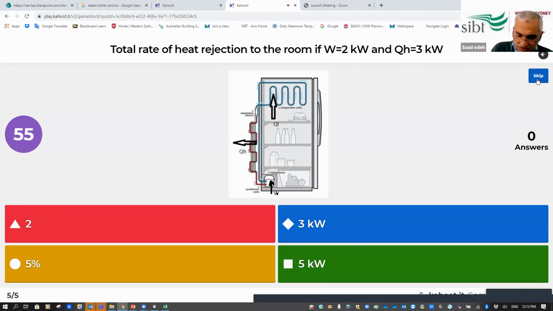So heat rejection to the room, which is QH. So you know QH